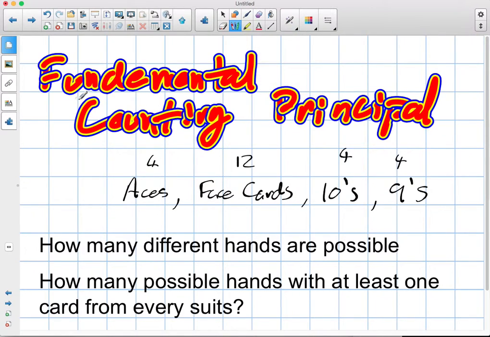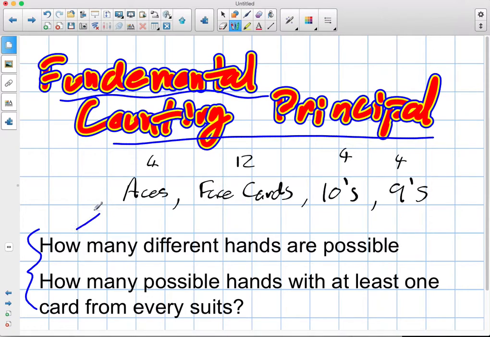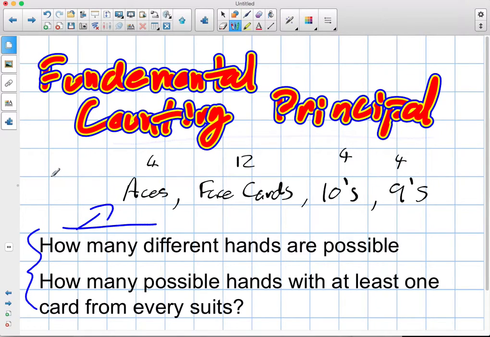So we're looking at another fundamental counting principle. We'll read through our question and talk about essentially what this is. Or actually, I didn't put enough information, so we'll talk about it first. We're talking about euchre hands, and euchre hands are special types of decks that only use aces, face cards, tens,